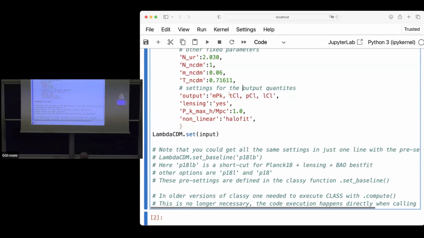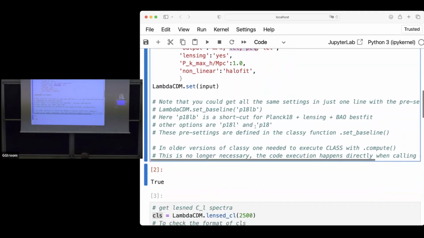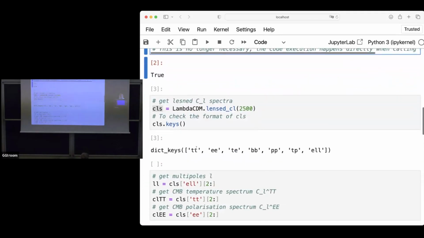So now I've put temperature and polarization. So the code knows that it should compute Cl TE, and it also knows that it should not compute Cl TB because TB would vanish. So it knows all this. You don't need to be very precise. And as a matter of fact, it has computed TT, EE, TE, BB, and also the cross PP, which is